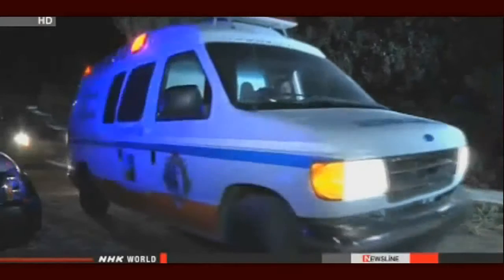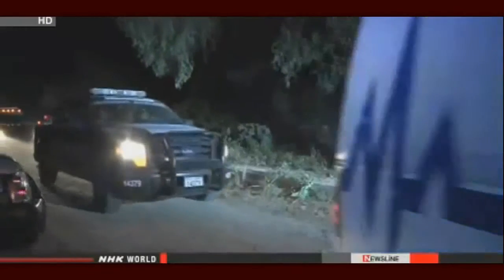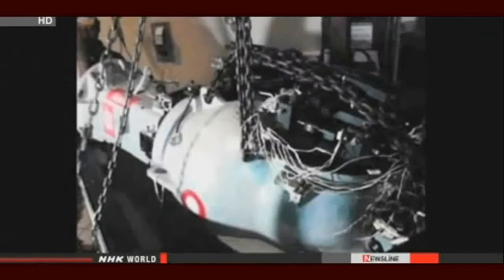Authorities sealed off a 500-meter perimeter around the material and sent a team in to recover it. They say there is no health risk for local residents. Cobalt-60 is used in cancer treatments and other medical applications. The International Atomic Energy Agency has been urging countries to take steps to prevent the material from falling into the